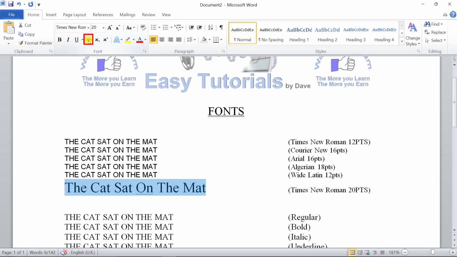And then you've got this one here. Now this is what we call strike through, and this is when you're reading. You might be reading some text, and you're reading what you're reading, and you look and think, oh, I don't like that, I'm not sure about that. So what you can do is, let's imagine I'm reading this, the cat sat on the mat, and I'm not